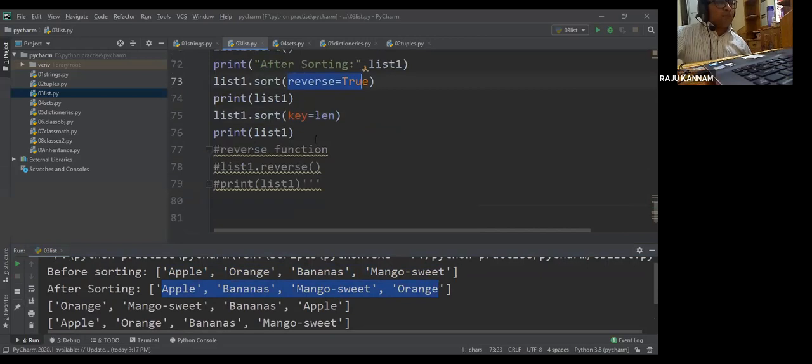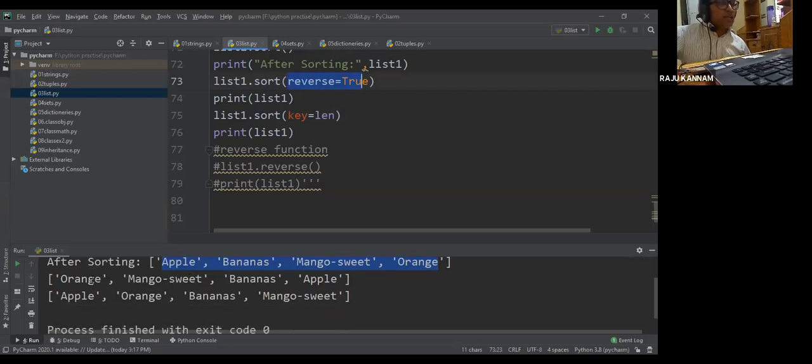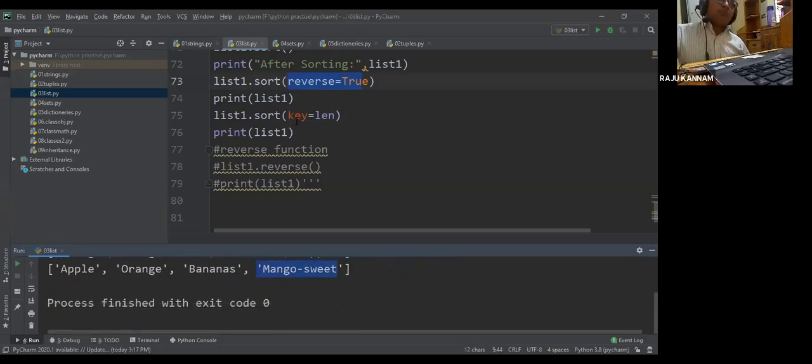Then if you want to sort based on length rather than alphabetical order, first the element with the least characters is apple. Then orange is 6 letters, banana is 7 letters, and mango sweet is 11 letters. So you can also arrange as per the length.